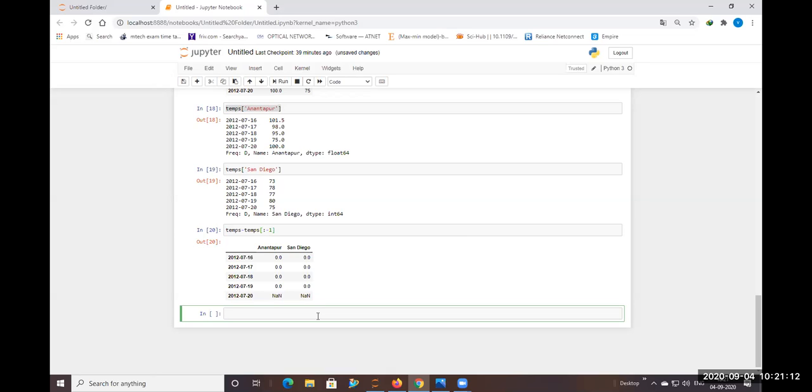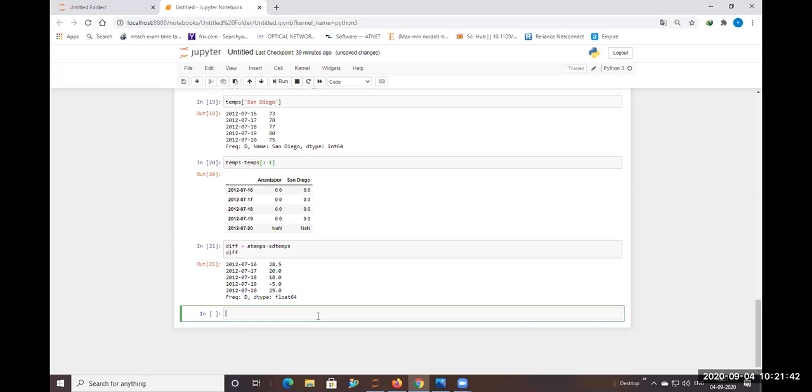And if you want to see the difference between the A terms and the SD terms, how will the output be? Let me take a variable named difference as A terms minus SD terms, and you will see the output at difference. Run this. You can see the difference of the two variables, A terms minus SD terms. It gives that respective output.